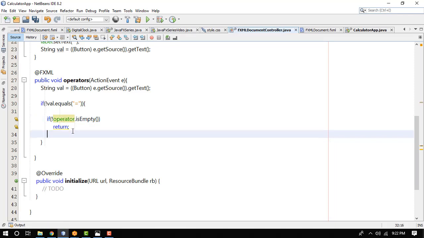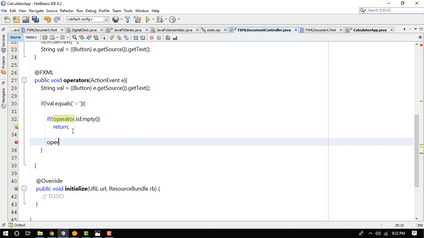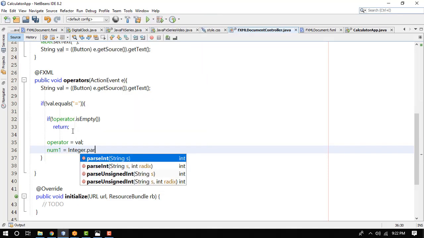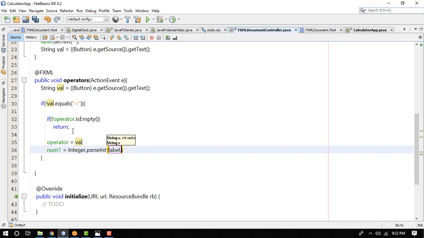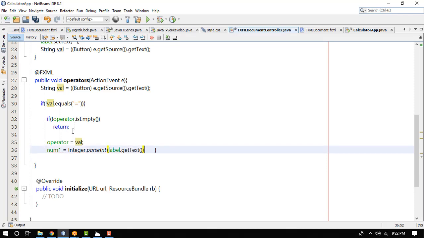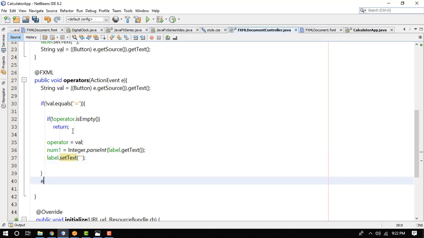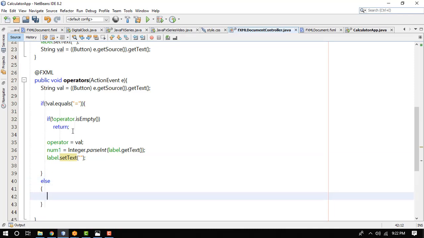Okay, and after that I type here operator equals to val, and I type here num1 equals to integer dot parseInt, and I type here label dot get text like this, and also here I type label dot set text to this. Okay, after that I type here else, and in this else I'm simply going to type here that